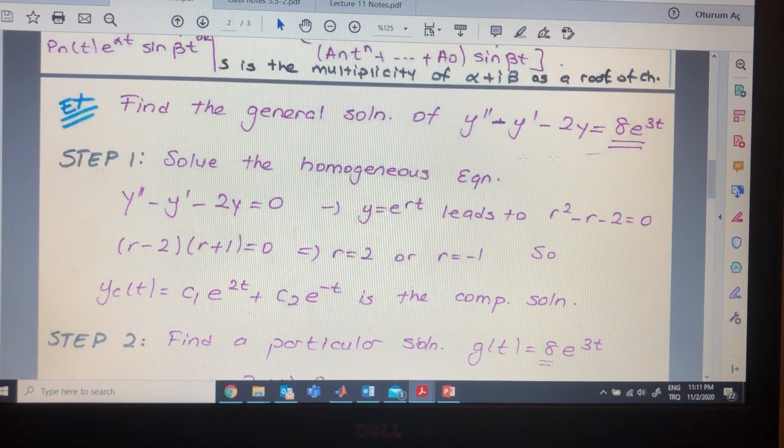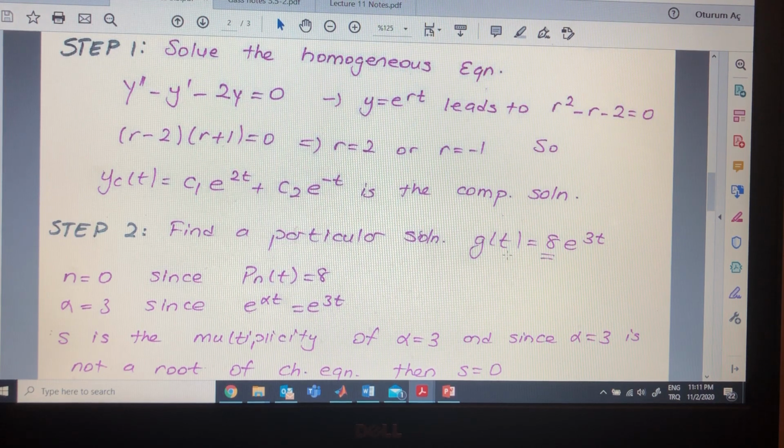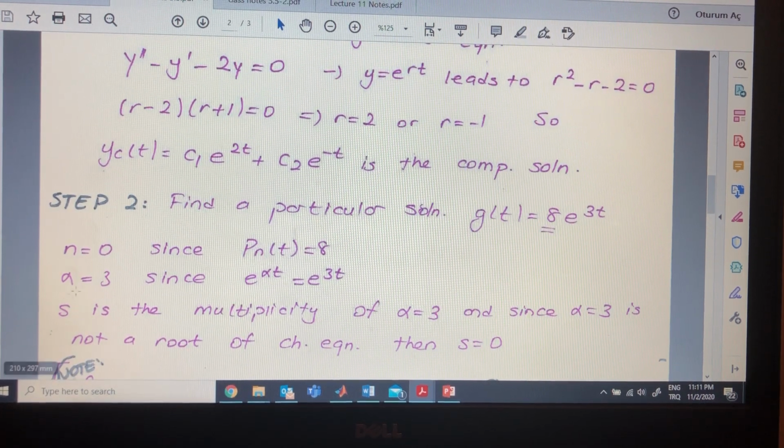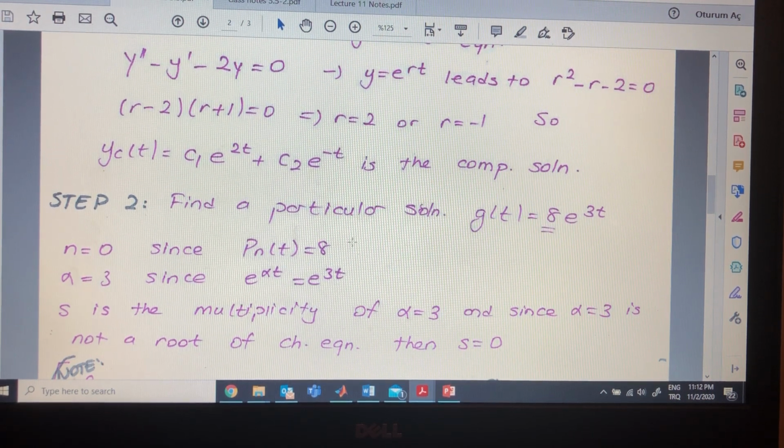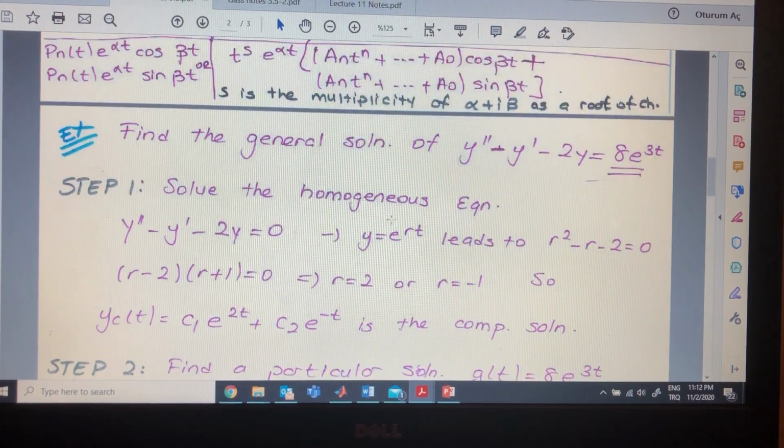Look at that. Now let's go to step 2. We need to find the non-homogeneous part. For that we need g of t. So there is a polynomial, zero order because it's just a constant, and an exponential, e to the alpha t, where alpha is 3. So I know alpha is 3 since it is given here, n is 0 since it is just a constant, I have only 8, and s is, remember that it fits the